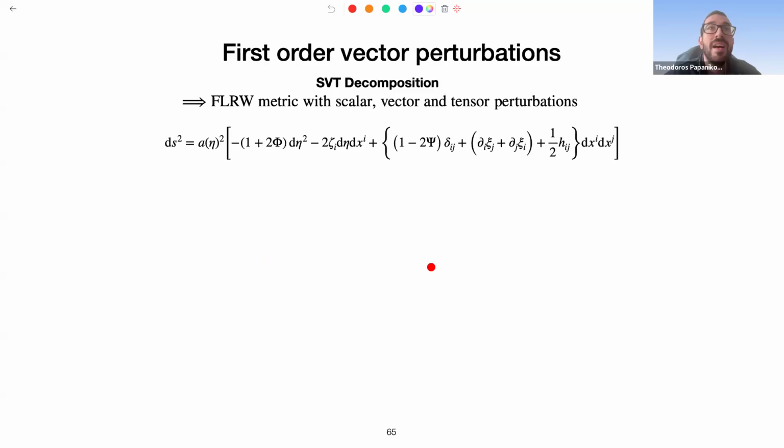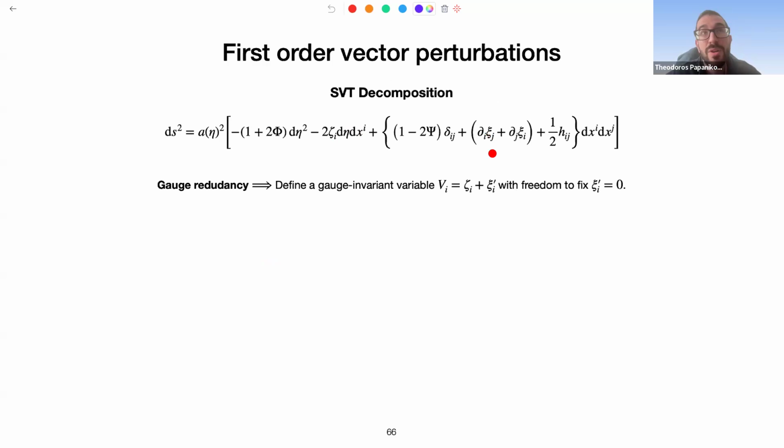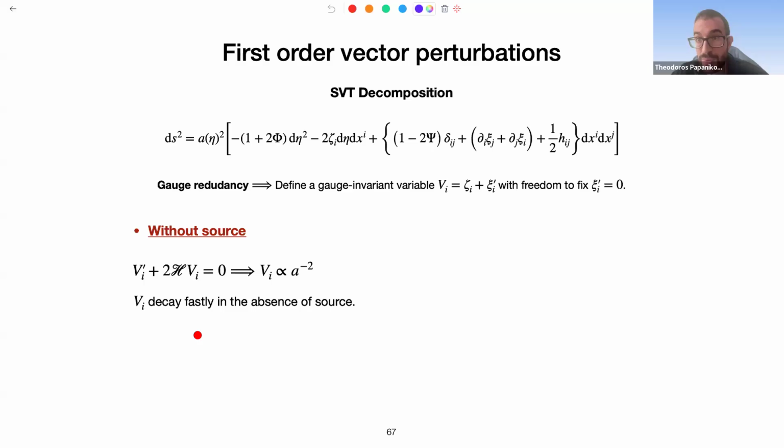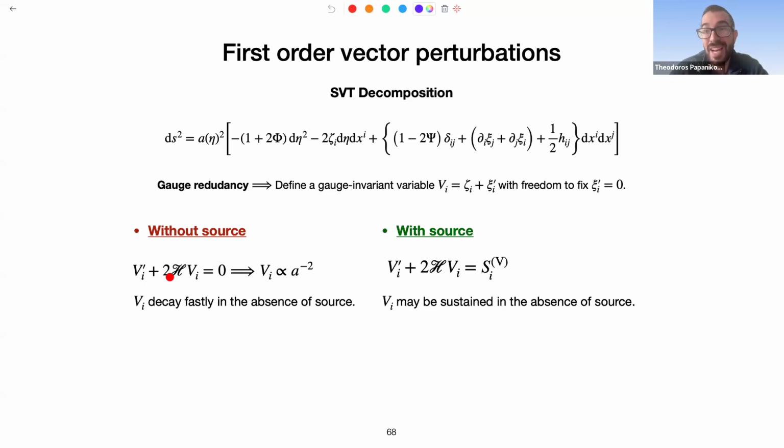So let me first introduce the vector perturbations in the metric through these two vectors, zeta_i and psi_i, which, due to a gauge redundancy, reduce to just one vector perturbation variable, V_i. Then, by again minimizing the cubic order gravitational action, we can extract the equation of motion for the first-order vector perturbations, which can be recast in this form. In the absence of an external source, these modes generically decay, and this is why people neglect them in the literature. However, if we have an external source which is of vector type,